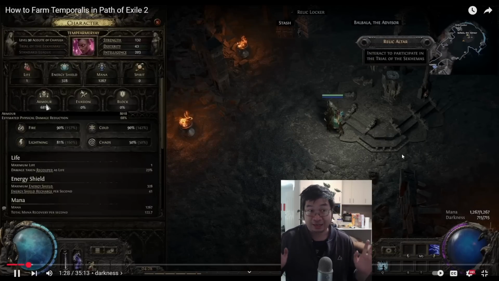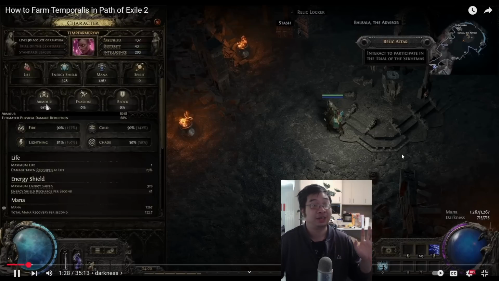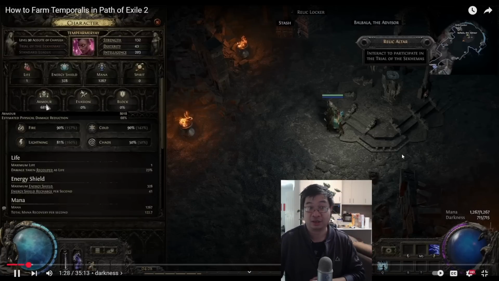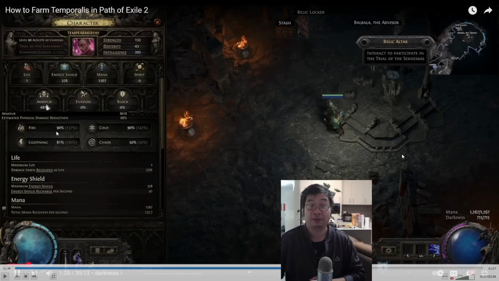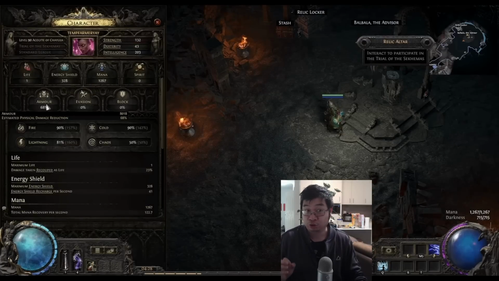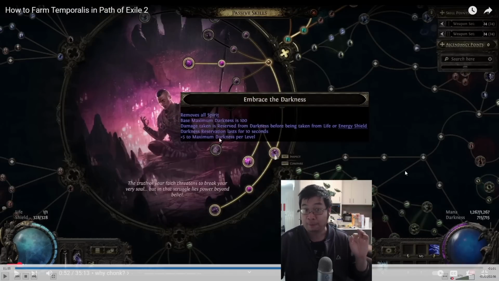So just to highlight what is happening over here, the content creator we're learning from, Yangmal, is actually stacking a lot of armor. Notice that he has around 8,000 armor with 68% physical damage reduction. He also has tons of maximum resistance. Notice that all the resistances are kept at 90%, or 81% for lightning. He also has chaos inoculation to become immune to chaos damage. So in this sense, he is very durable, and he actually has a lot of bonus defense or bonus barrier